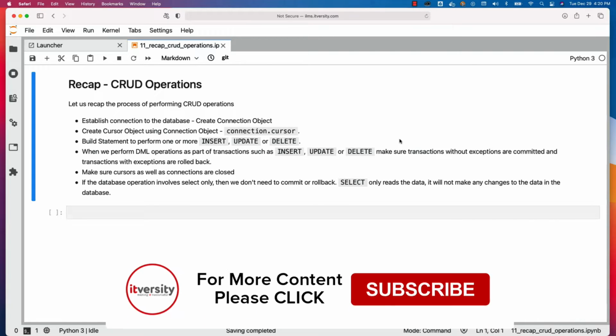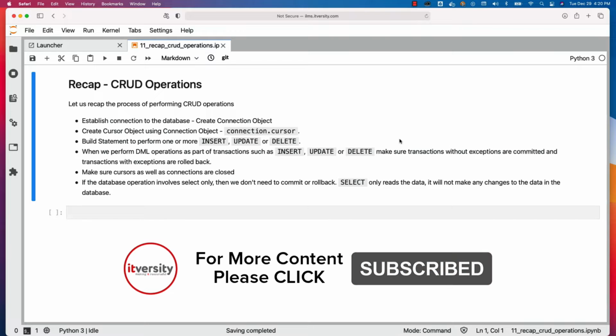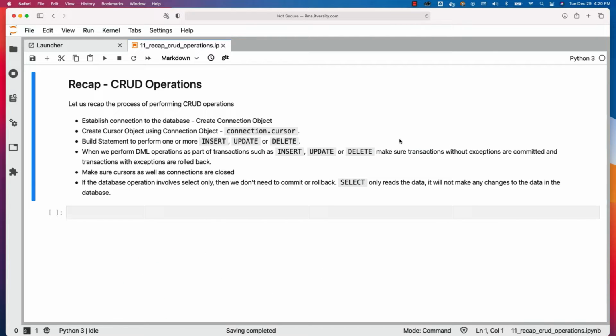On top of this, the user should have appropriate permissions on the database tables on which you are trying to perform the CRUD operations. Otherwise, it will not work. Once you ensure all the required information to connect to the database along with the permissions, then you can create the connection object. Once you have the connection object, using the cursor function, you should be able to create the cursor. You can override certain aspects of the cursor, such as using dictro versus tuple, by passing additional arguments to the cursor, and you can actually create a cursor object with certain properties.